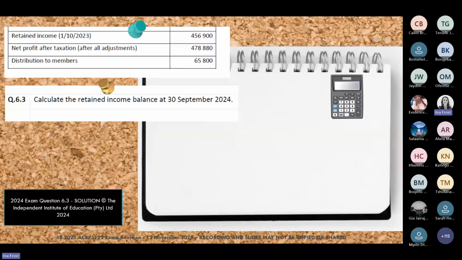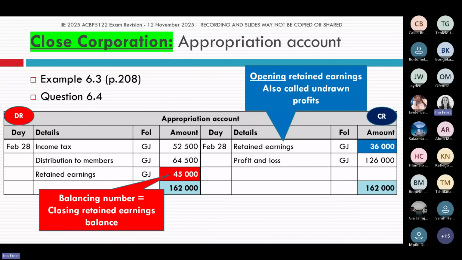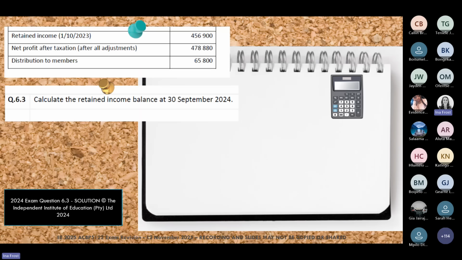Okay, so think back in terms of this calculation. I'm just going to jump back. Have a look again at how we did this appropriation account. Look at what's on the debit side, what is on the credit side. Try and keep that in mind. And then just use the numbers that we gave students here in the 2024 exam. If you think you've got the answer, then you can just put it up in the chats for us, and then we can have a look if you're all able to calculate it.